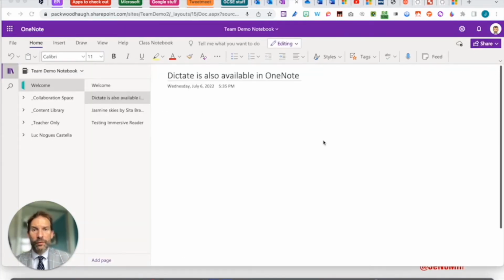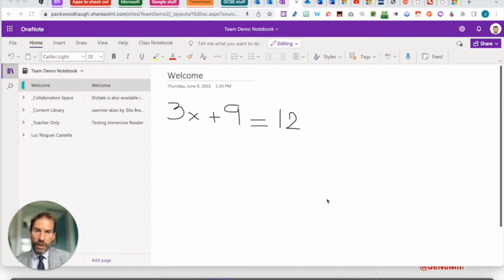You go back to one of my favorites, you can see obviously that this is the dictate button is also available in OneNote, which is amazing. And again, you can change into different languages, that's fabulous. Obviously I'm a language teacher, but you can still use maths obviously in OneNote for mathematics and science. And you can see I've written a very small equation that's not very complicated, and what I can do now is if I highlight it, it will be able to solve it into OneNote, which would be pretty also amazing.